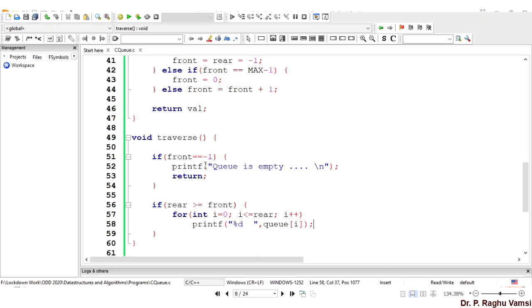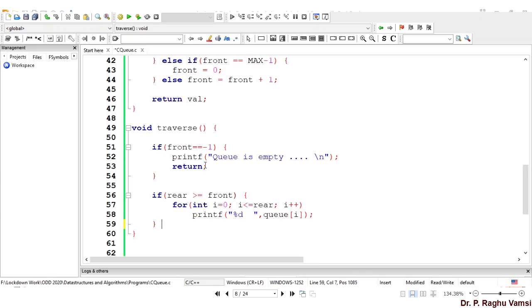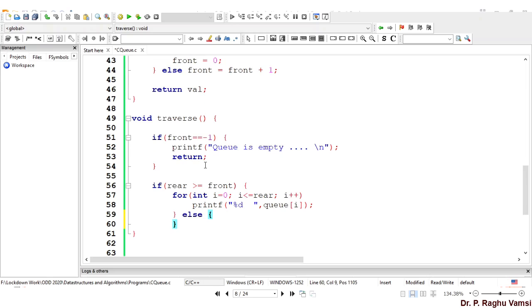Now what if rear is not greater than front? That means rear may be coming to the front, rear may be 0, then from there again in a circular fashion insertion is going on. In such cases, how to print? So that is else, you can print in two ways.